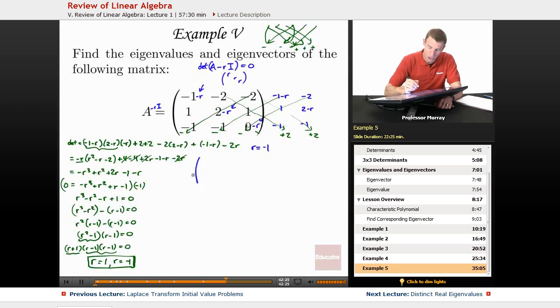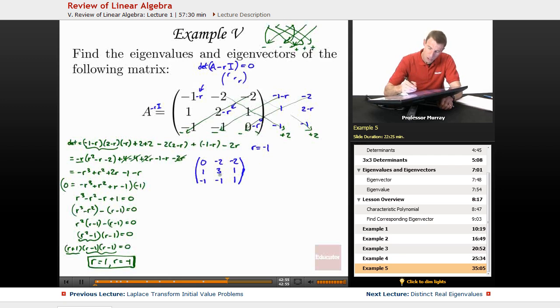If I add 1 to each one of those entries, negative 1 plus 1 will give me 0. Then I have negative 2, 1. Now I have the main diagonal, 2 plus 1 will give me 3, and 1. Negative 1, 0 plus 1 gives me 1. And so I want to find eigenvectors corresponding to this matrix,